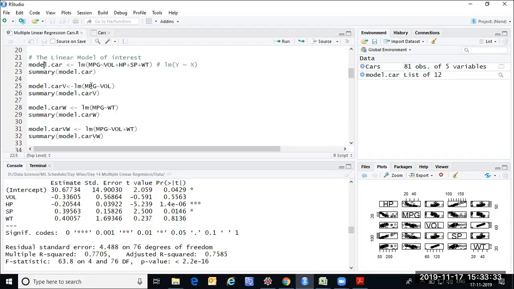Now, what am I doing? By looking at these results, we already understood that volume and weight are not significant. So that means they're not at all useful towards predicting the mileage. That's not what we are talking about here. Though they might be useful from the business perspective, weight and volume are also definitely related to the mileage of a vehicle, right? But when you are considering both of them together in the equation, that is when they are causing a poor prediction of the mileage,